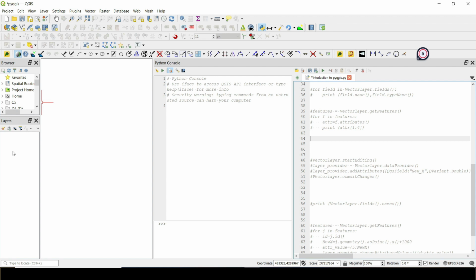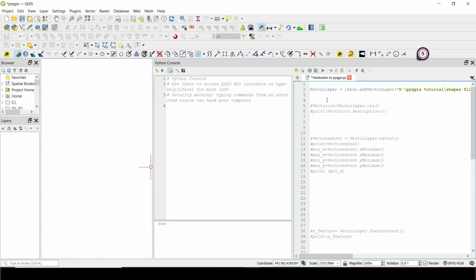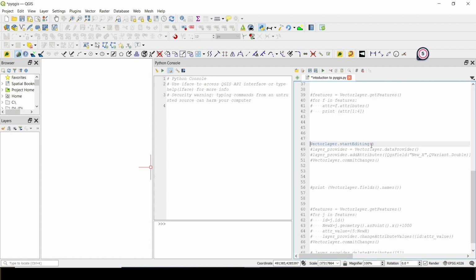The same thing applies when doing that programmatically or using Python. So if you want to add something new to the layer, you need to do that start editing part of the operation. And we can do that the same way, by doing vector layer start editing, which means that we're going to start editing this vector layer. And with start editing now, we can go and add things. And if we want to add a new field, for example, which is what we are going to do now,